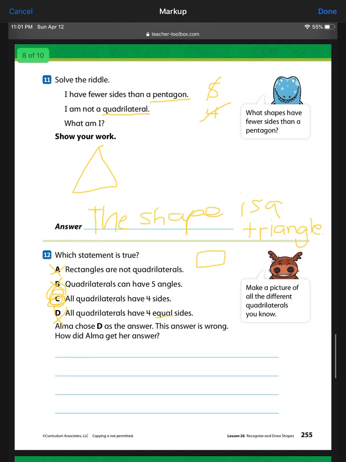All right, let's read the next part. Alma chose D as the answer. This answer is wrong. How did Alma get her answer? So squares and rhombuses have 4 equal sides. Alma thought that squares and rhombuses are the only kinds of quadrilaterals. Rectangles are quadrilaterals that don't have all equal sides. All right, so we're going to write squares and rhombuses